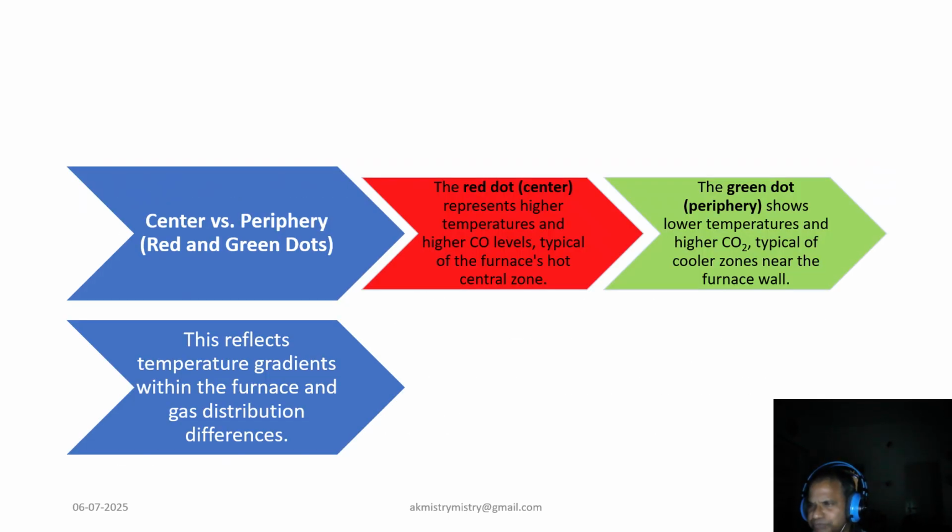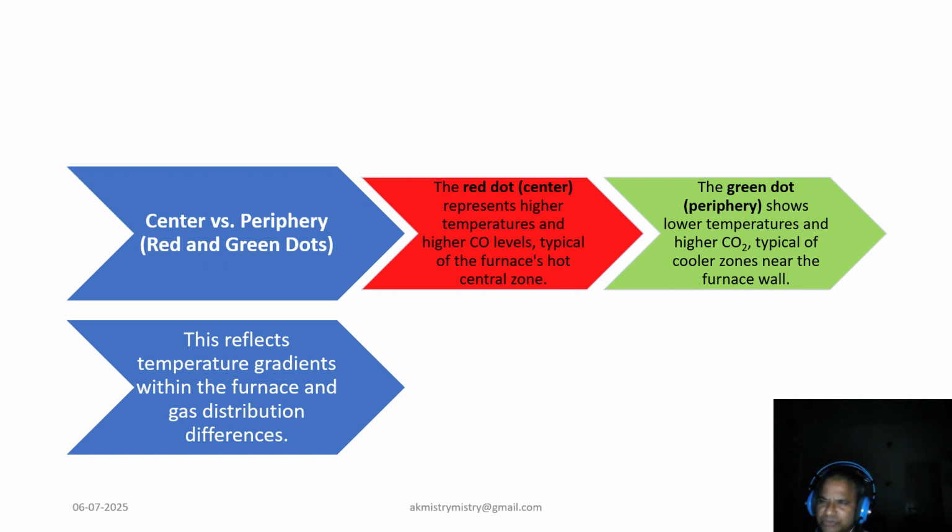Now, coming to the discussion on center versus periphery gas distribution, this is very important as far as practical furnace working is concerned. So let us discuss the temperature and gas distribution difference within the furnace as illustrated by the center versus periphery comparison using red and green color. The red, representing the center, indicates higher temperatures and higher CO level, typical of the